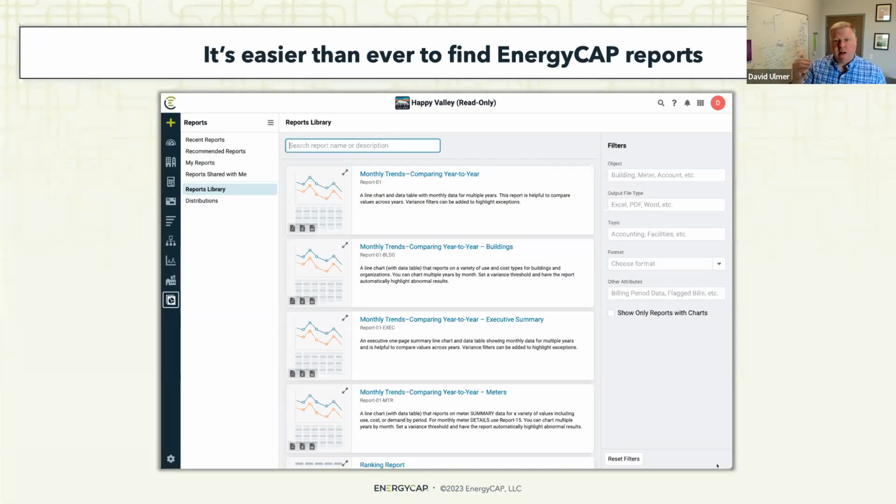And what we've done is we've tried to give you several different avenues to follow to find that yourself and be able to identify reports and be able to run them well. So we're going to start by talking about the reports